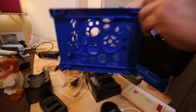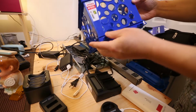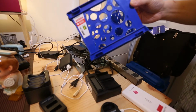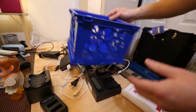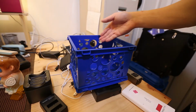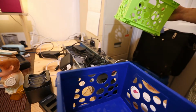So this is what I like to use. This is one of those cheap plastic containers, okay, that you can buy from the dollar store. Actually, I got this for $1.50. So as you can, let me focus on this. So this is just one of the cheap containers you buy from the dollar store. So what I do with these containers is I put my batteries in these containers. Sorry about the delay. See, as you can see, I have many of these